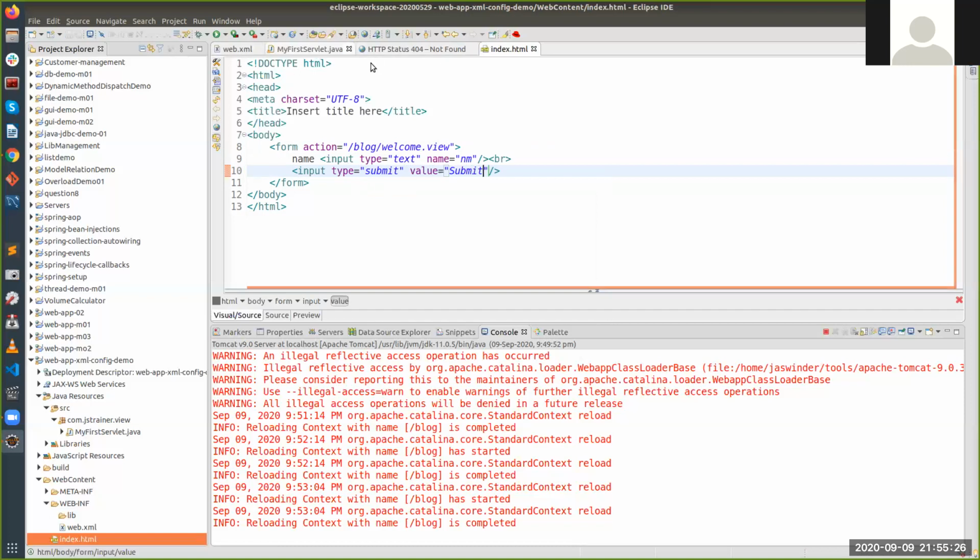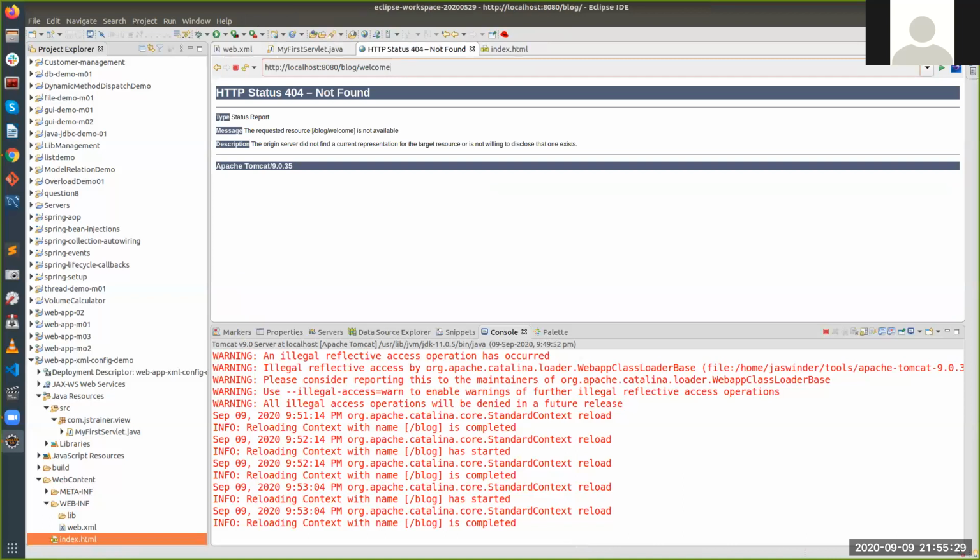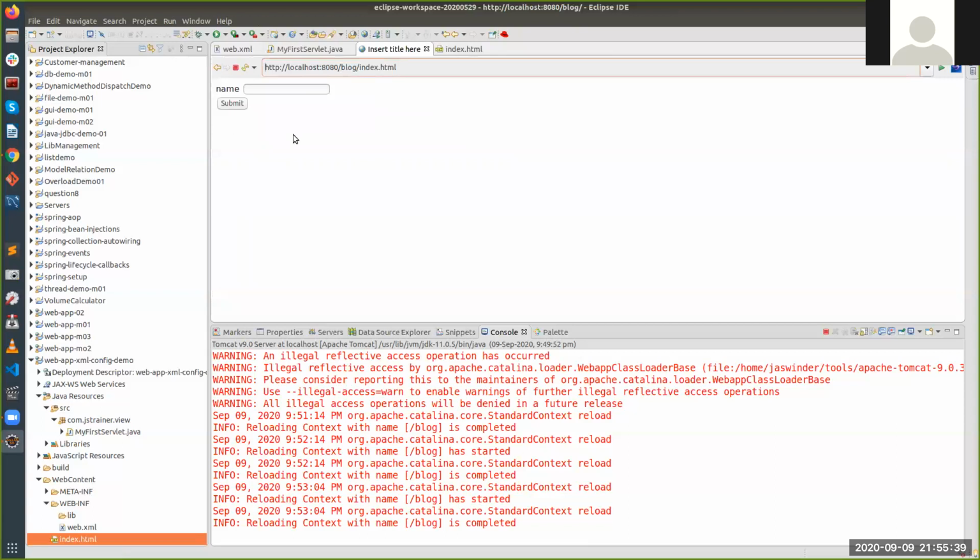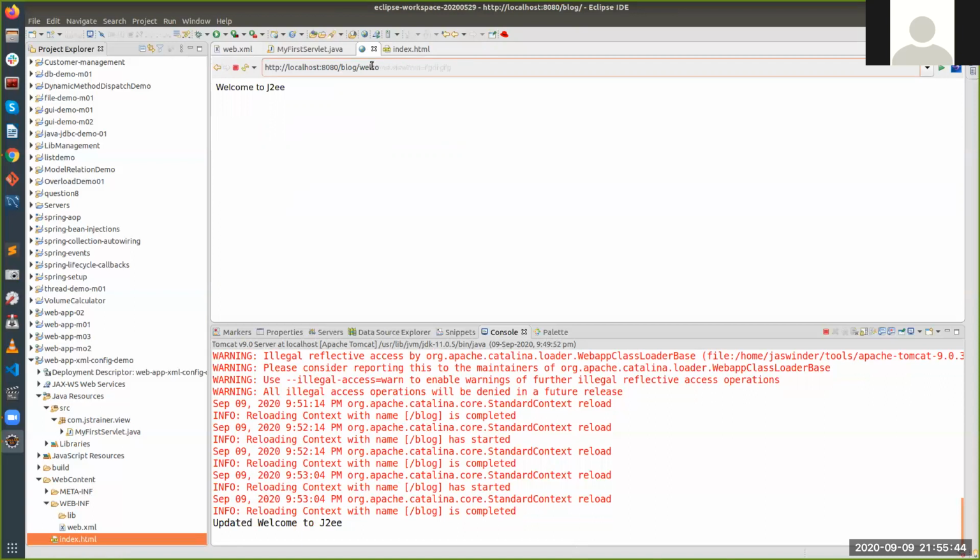Now, if I go back to the default form, actually, I have not given the default file name. So index.html, now this is my form, right? If I submit some data and click on submit, see that data is going to the welcome.view in the form of get request, but get request is also carrying the data inside the URL, right? Which is not secure. So any confidential data should not be passed with get request. You cannot upload the files with get request. You require a post handler.